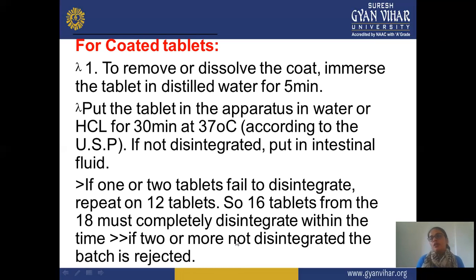If out of the 6 tablets, 1 or 2 tablets, or more than 2, at least 2 tablets show disintegration time of more than 30 minutes, then in this condition you take 12 more tablets, a total of 18 tablets, and perform the disintegration test. If 2 or more tablets take more than 30 minutes to disintegrate, in this condition reject your batch. If 16 tablets are in range and disintegrate properly, in this condition accept your batch, otherwise it requires rejection.